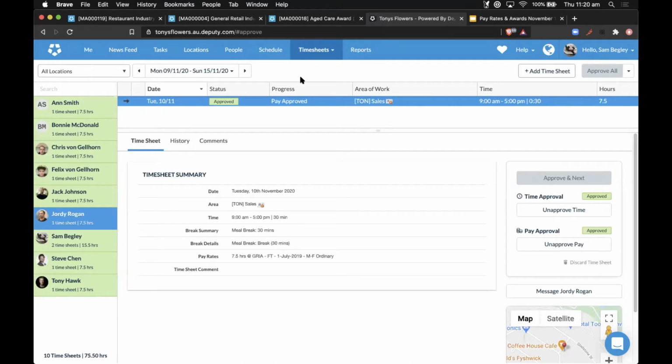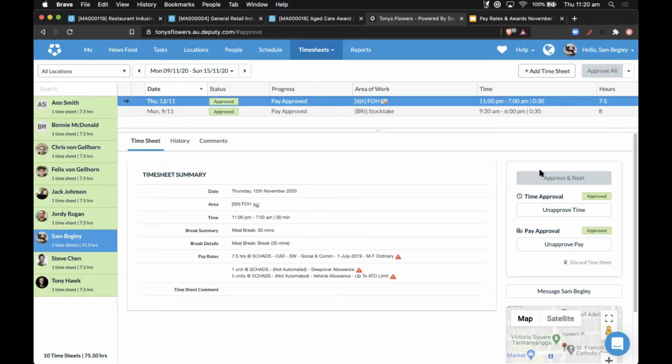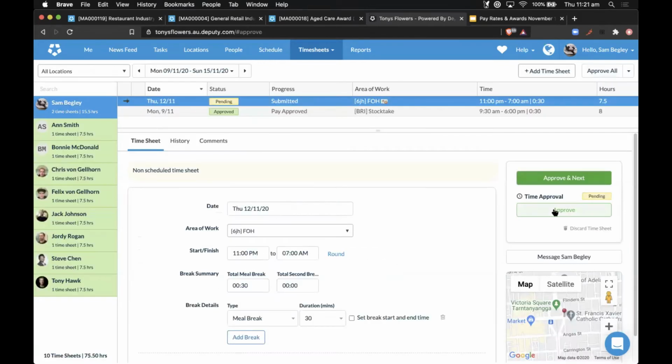So what I'll do is I'll just jump into this timesheet that I've prepared earlier for myself. And what we'll have a look at is, here at the bottom, we have 2 non-automated allowances that wouldn't have automatically shown up should I have just approved the timesheet for its hours. So it's really good to get a handle of how to add and manage the allowances that are not automated in this case. So what we're going to do is we're going to unapprove the time.